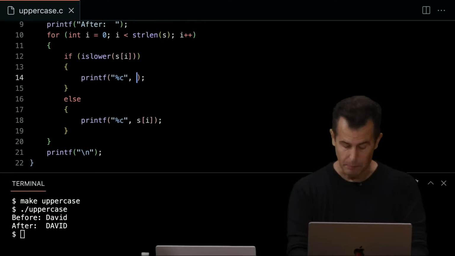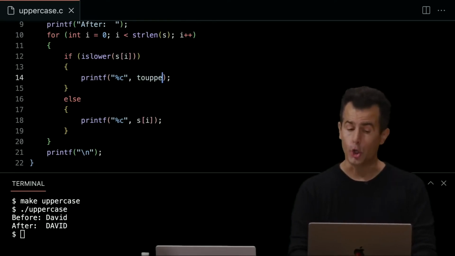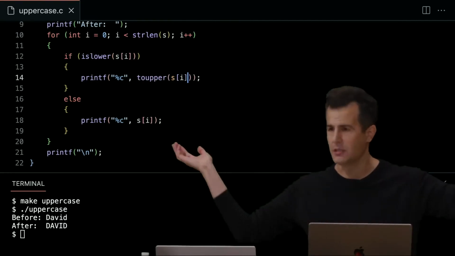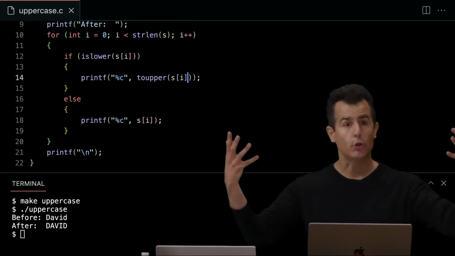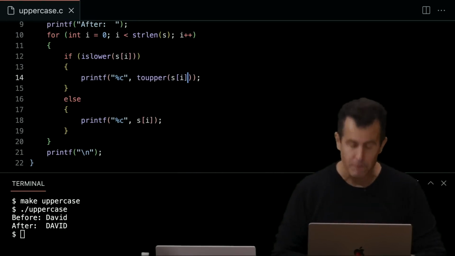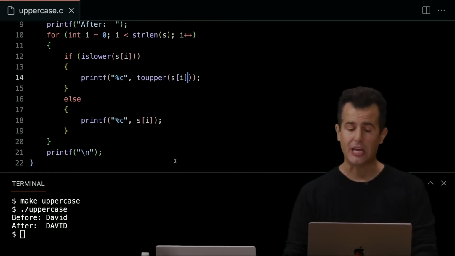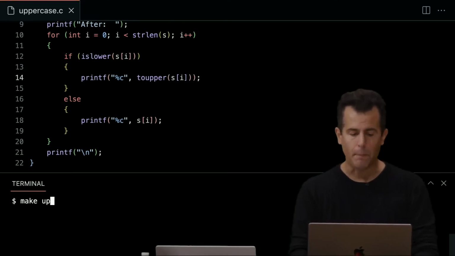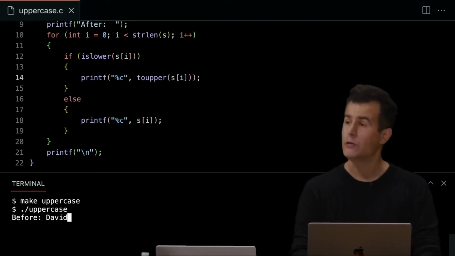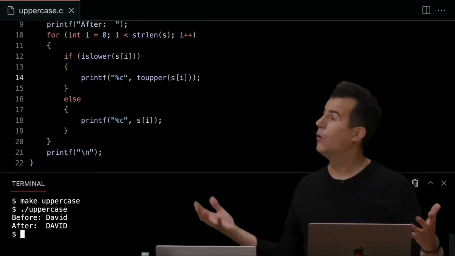Turns out in the ctype library, there's also a function called toUpper that takes a character as input, like s[i], and it just does the math for you so that you can abstract away the 32 thing and just know that someone else has solved that problem for you. Otherwise, I can leave my code unchanged down below because I'm not changing anything else. So if I do make uppercase now, and then ./uppercase, DAVID with just a capital D, and now it still